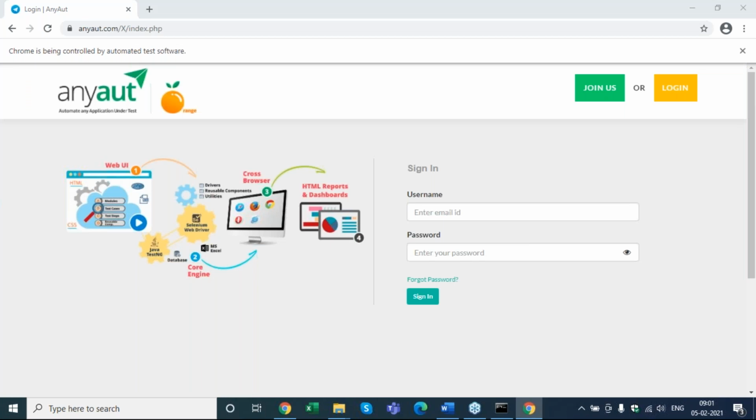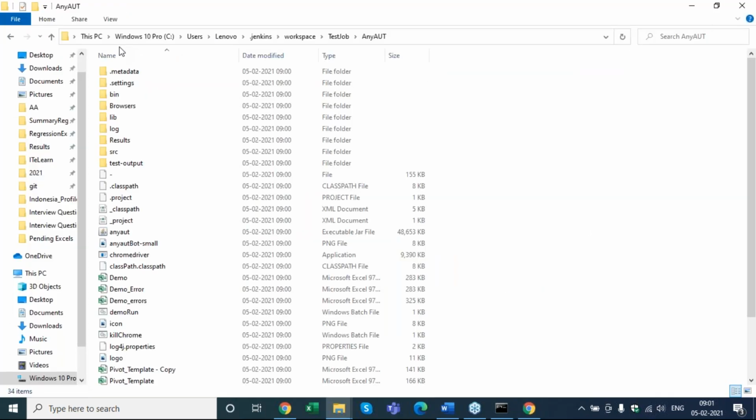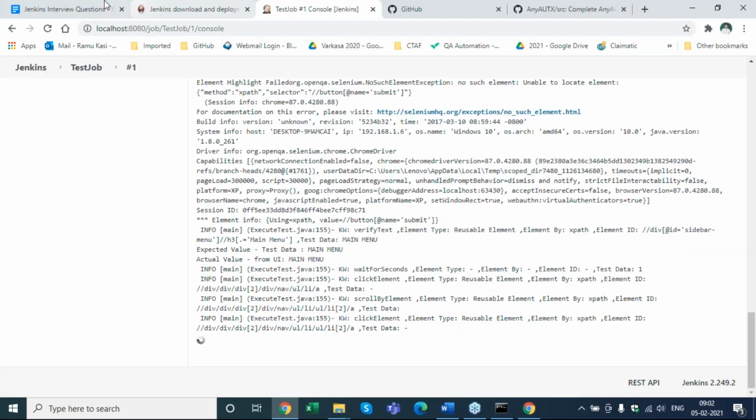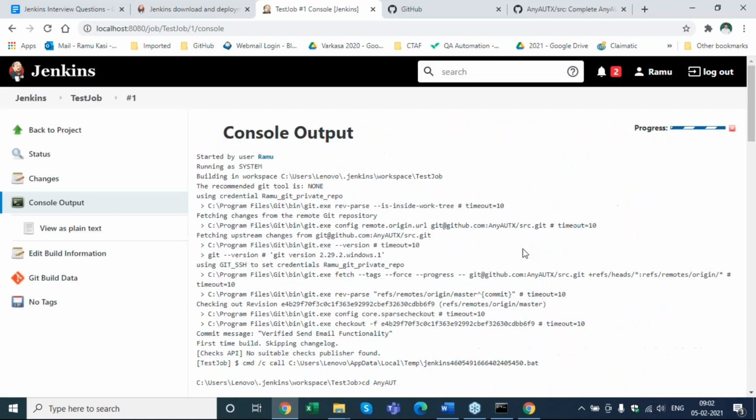So I should be able to go back to build console output. Ramu, it is very important to look at this Jenkins console output, team, because it'll keep talking about what it does, what it's doing, how it's connecting. Let's go to the top of it, if we may. So here is where you'll see the most important activities. Observe this very clearly.